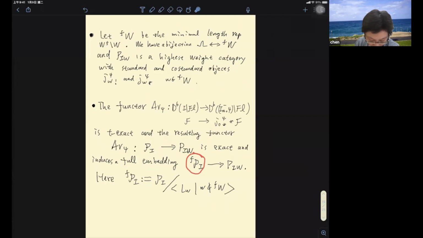So here, the quotient is this abelian category of perverse sheaves on the affine flag variety, modulo the subcategory generated by L_W, where W is not in the minimal length representatives. And this claims that this functor factors through this quotient, and the induced functor is a full embedding. Okay, so those are some facts about the Iwahori-Whittaker category